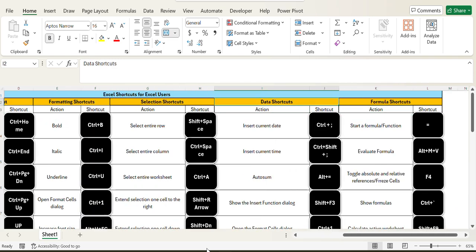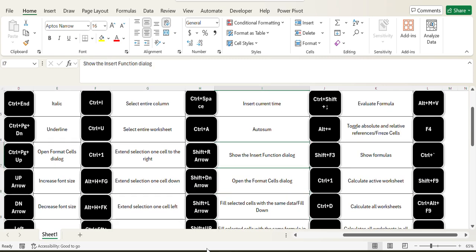Data shortcut keys: insert current date, Control plus semicolon; insert current time, Control plus Shift plus semicolon; auto sum, you can use Alt plus equal to sign; show the insert function dialog, Shift plus F3; open the format cell dialog, Control plus 1; fill selected cells with